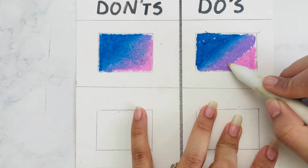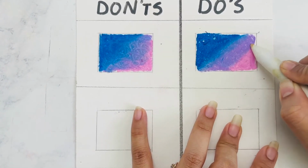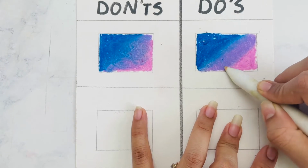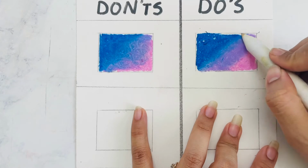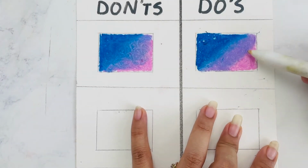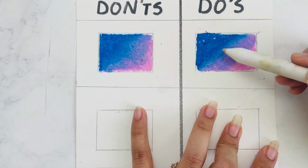Okay, and then I'm gonna blend this one and this area as well. See, we don't want to use too much pressure. We don't have to use too much pressure here. I'm gonna come to that next point. So use your blending stump from the side. Do not use it from the tip. This is the first